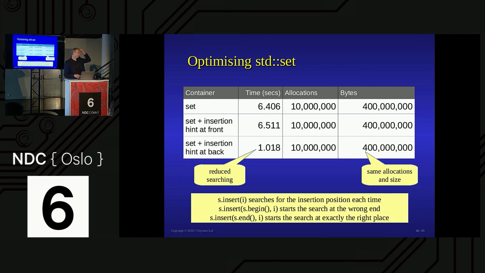A set, if you're going to put things in here, the domain knowledge I've got here is, I'm putting these in sorted order. So if I just insert them, it'll start at the top. It's a balanced binary tree. So it will have to go and find this one here. And there's 10 million of those. Then we've got log to base 2, which is 23, 24, something around that, of how many comparisons I've got to do to get there for the last ones.